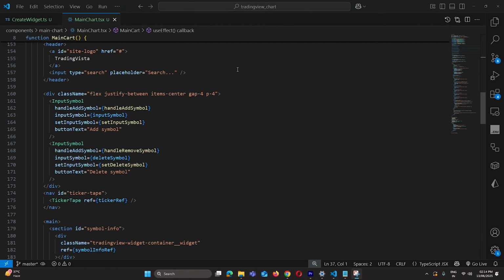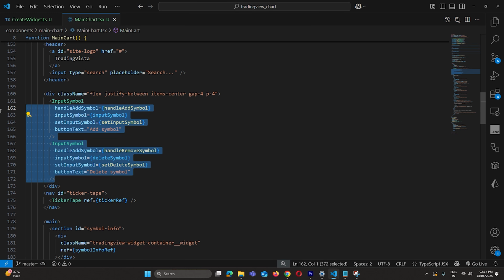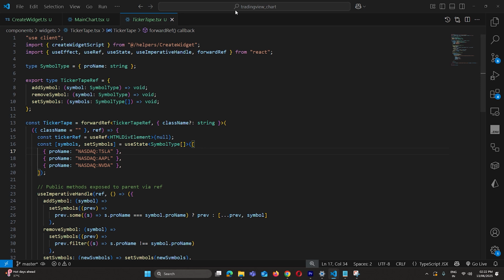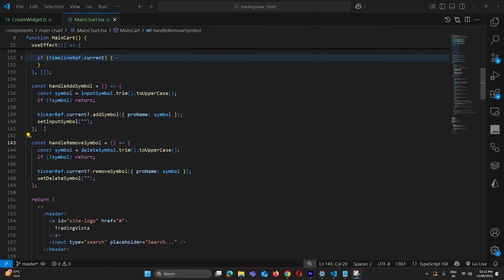Now let's make the app a bit more interactive. I have added two input fields, one to add stock symbols and another to remove them dynamically. These update the ticker widget in real time so you don't have to hardcode anything. We are handling this using useState and two helper functions, handleAddSymbol and handleRemoveSymbol to update the